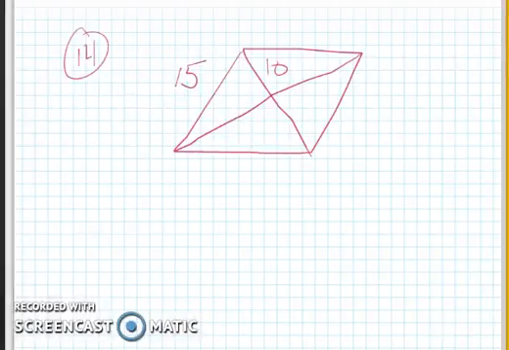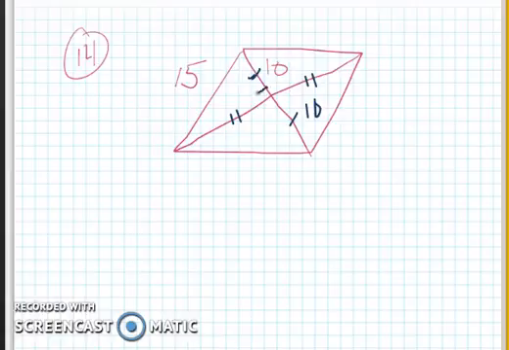Alright, number 14, this is a rhombus problem. Again, remember rhombuses, their diagonals bisect, so this is going to be 10. These two are congruent, and we have a 90 degree. I see the Pythagorean Theorem setting up here for us, so we're going to do 15 squared equals 10 squared plus x squared. Okay, on my calculator, I'm going to do 15 squared minus 10 squared, and that's going to give me